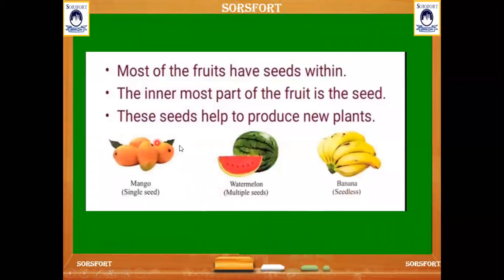Most of the fruit has seed in it. We can see the innermost part of a fruit is the seed. That seed helps to grow a new plant. The mango has one seed, watermelon has many seeds, but the banana doesn't have any seed.